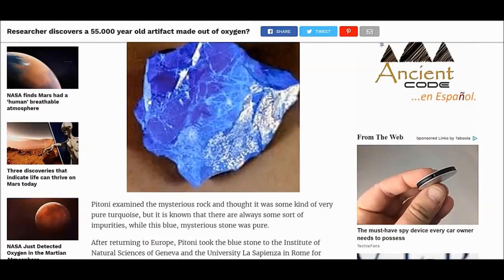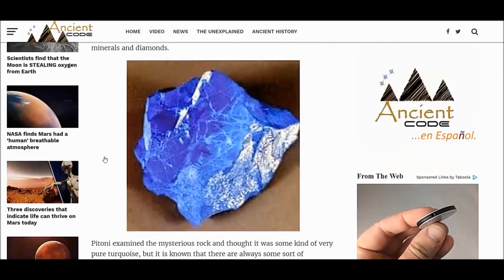This is what's all around us. That is a small piece of the firmament. I can't stress it anymore. This is a real thing. This really did happen, and I've never heard of it in my entire life. 77.17% oxygen, and then one unknown element. They can't break it, they can't burn it, they can't bend it, and they can't explain it, and they're not